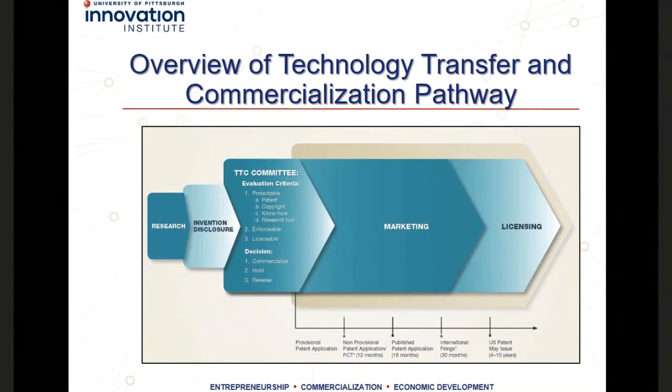which is available to everyone on YouTube, and I think was also sent out by the Cancer Institute to all faculty members. However, if the TTC agrees to move forward, the university, especially in the area of the life sciences, will file a patent application and then market the technology to identify a commercialization partner, and then we would enter into a license agreement. And in parallel with this process, the university works with Patent Counsel to prosecute the patent